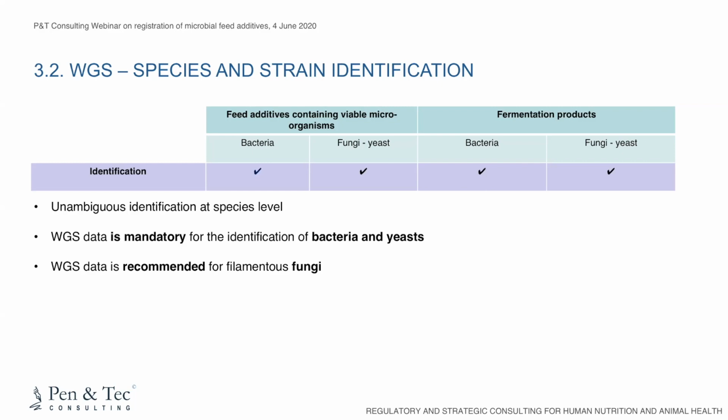Finally, for filamentous fungi, whenever the whole genome sequence is available, the identification should be made by phylogenomic analysis. If not, it should be done by comparing the 18S RNA gene and or the ITS regions or other characteristic genes with